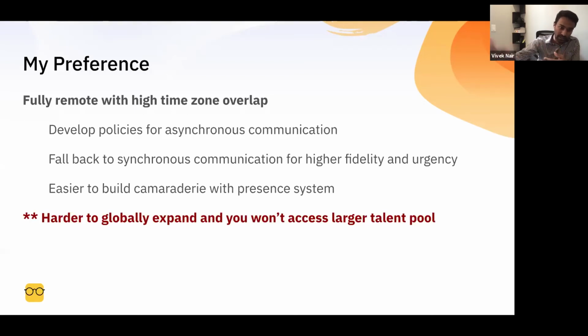So it's harder to expand globally, given that global expansion will capture somebody outside of that time zone. And you're also precluding yourself from a larger talent pool. If you're in the U.S., you won't be able to access the excellent engineers in Russia or India or China. So that's the trade-off that you have to make.